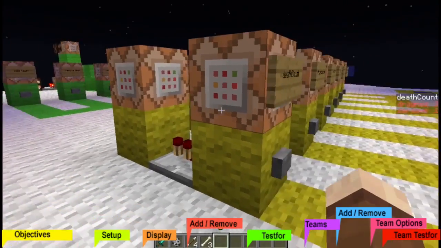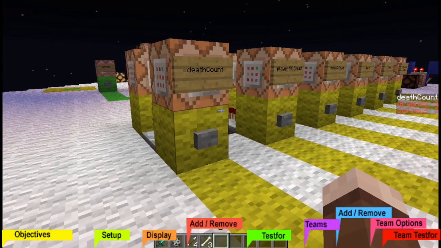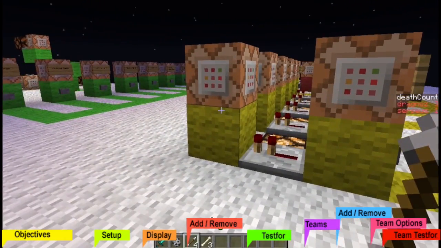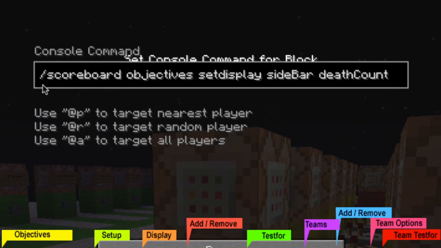Then the next thing you want to do, and this is when we move into how to actually display the scoreboard, is that you can display it in 3 ways. The first one is the sidebar, which is what you can see on the side here. So what you want to do is go scoreboard objectives, so it's the same as the first one, set display sidebar. So we're going to set whatever comes next on the sidebar,